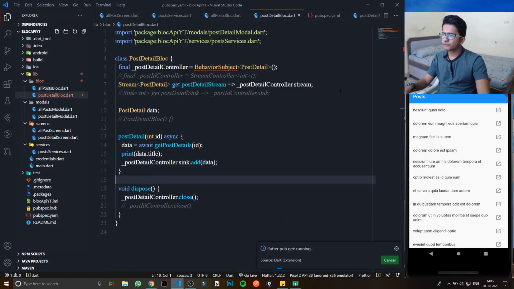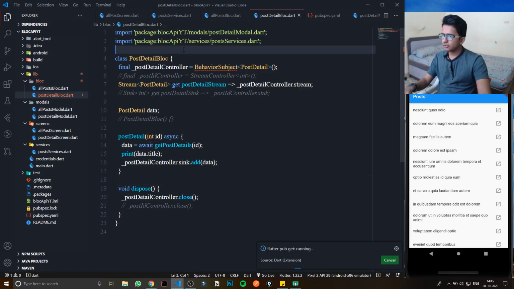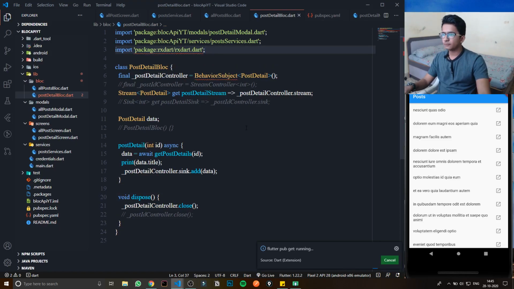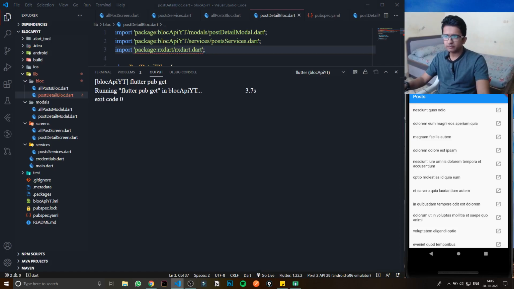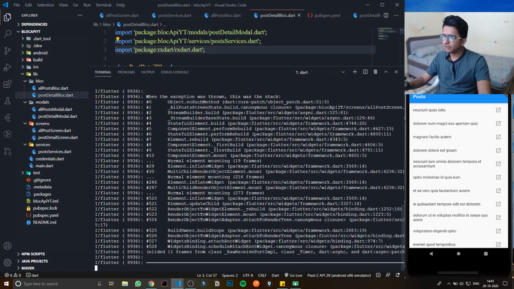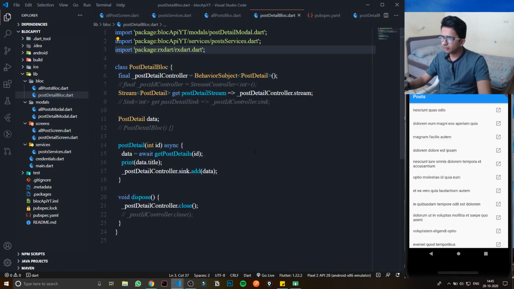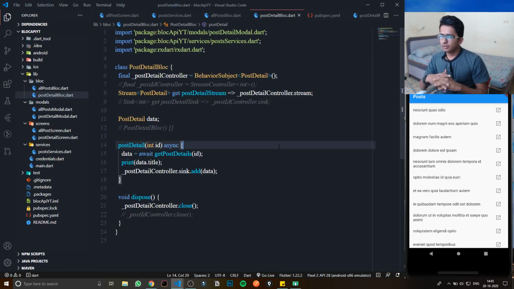So here what I can do is I can just import rx dot. So why am I using rx dot? Oh, great question by the way. Okay, I will explain it to you, just a second. I will explain until my error goes away. Okay, my error has gone. So why are we using rx dot? It's like reactive. The full form of it may be reactive dot or something like that.